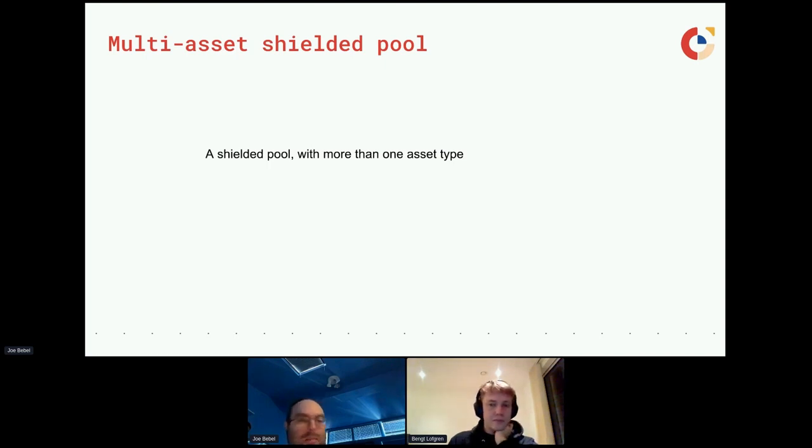And what is a multi-asset shielded pool? Well, maybe being a little bit reductionist, a multi-asset shielded pool is a shielded pool with more than one asset type in it. Now, what is a shielded pool? Well, the most famous and perhaps original example of a shielded pool is provided by Zcash. The idea of a shielded pool is that you can use cryptography and zero-knowledge proofs to